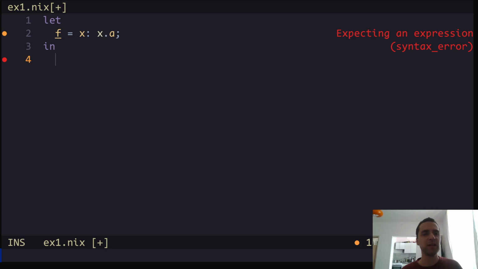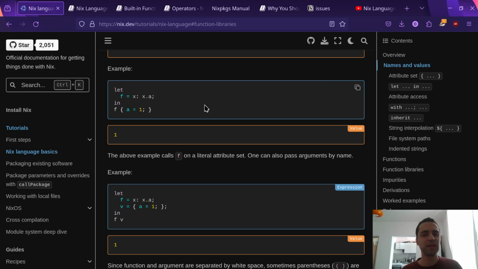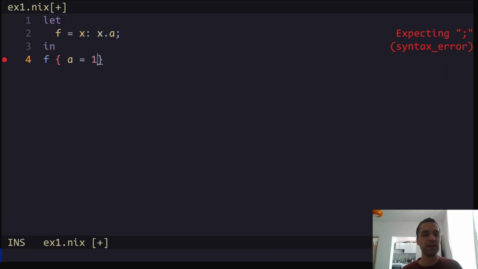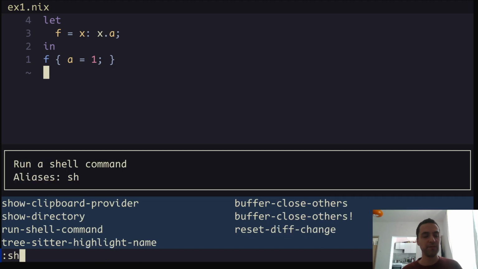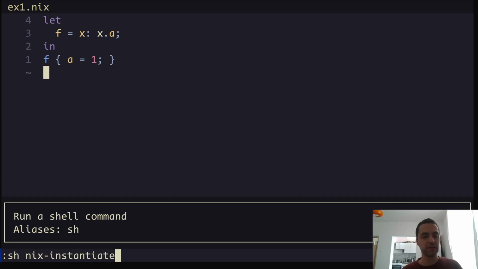And now we have to write, like, what's the value? Like the f is, no, we don't have to write an equal sign. What's the f? Well, the f is, it's funny, it's not like x. F is this set, accessing the set. And f is where f is a1, right? And that's it, right? So if we now Nix instantiate,